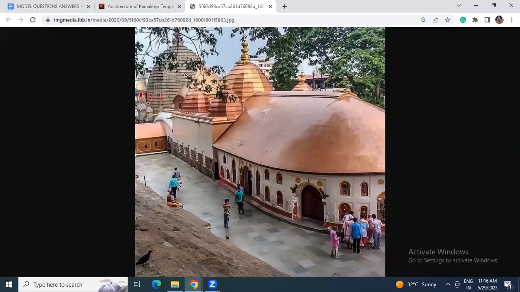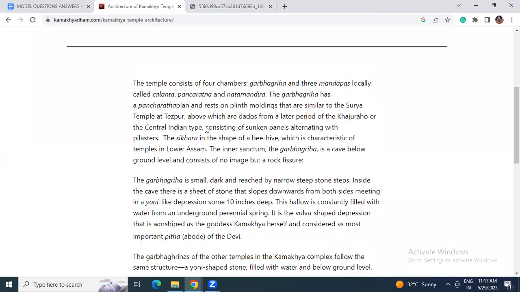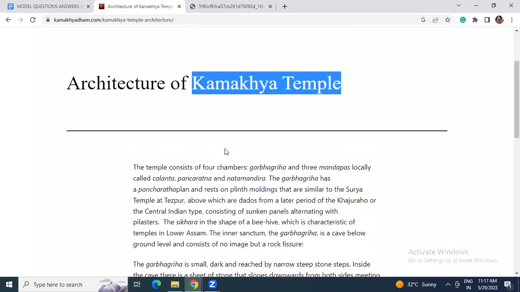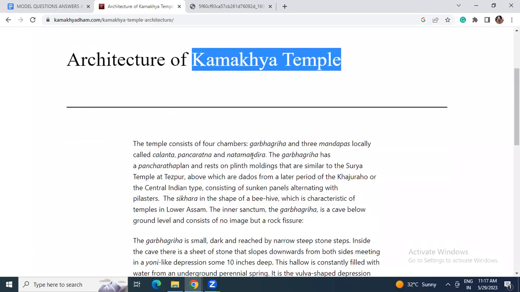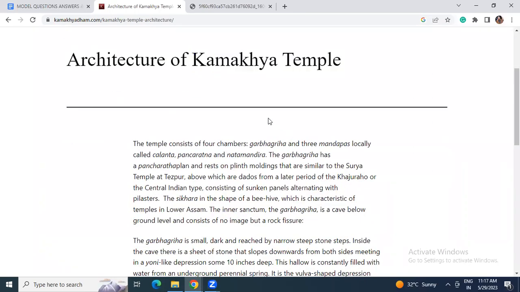Now we can make a rough diagram. Now let's discuss about the architecture of Kamakhya temple. The temple consists of 4 chambers: Garbhagriha and 3 mandapas locally called Kalanta,